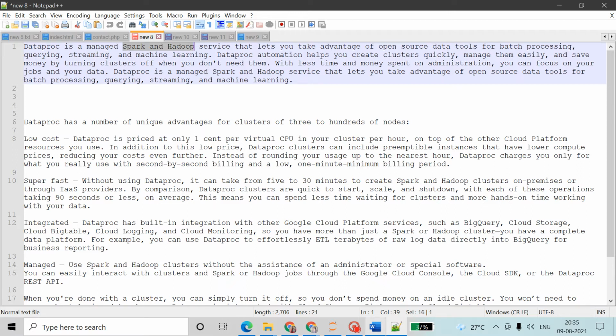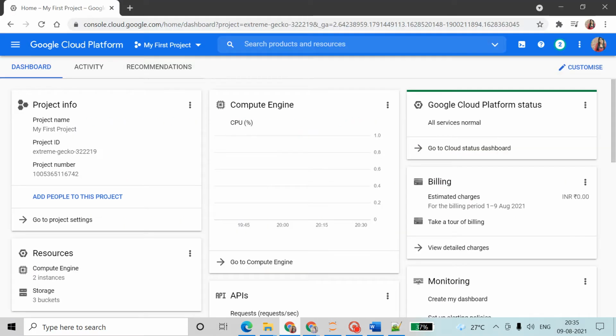So Google Cloud Platform gives you this instantly. You can create the data product, and you can access Spark, Hadoop, and Hive.